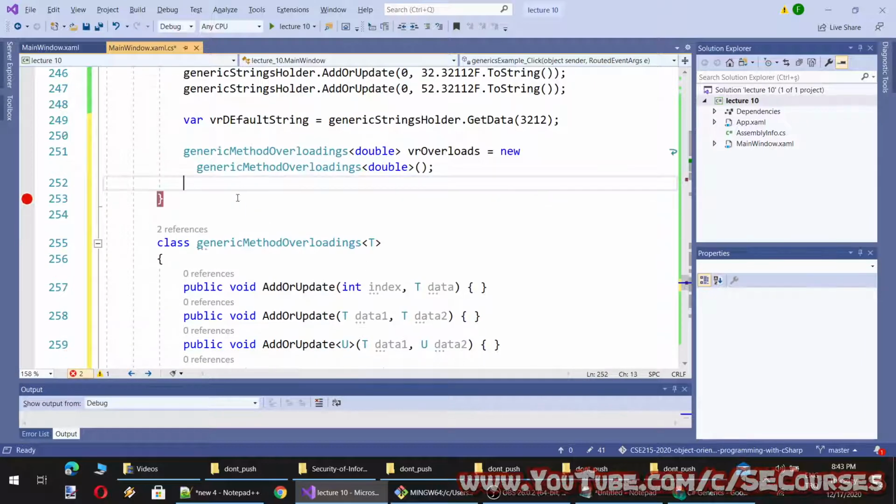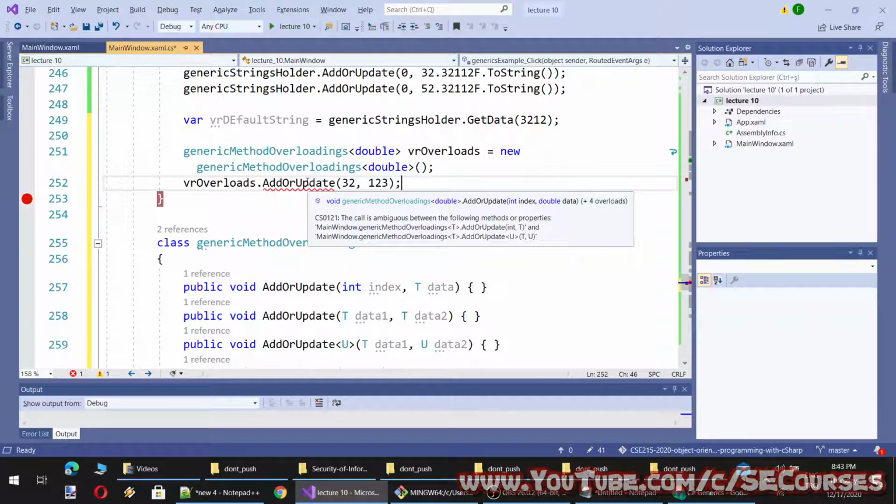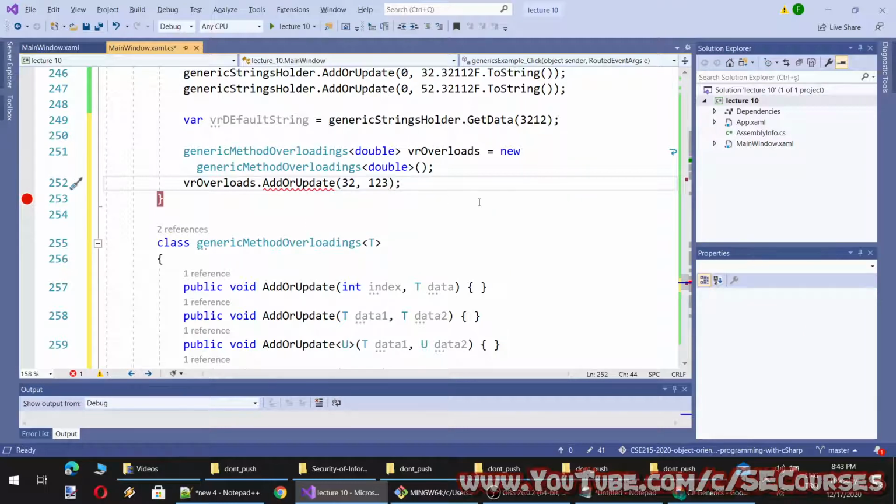Okay, then I can call these methods, for example, add or update. Okay, in this case I am getting an error. Why? Because it says the call is ambiguous between the following methods or properties. It can be both integer and T, or T and U. Therefore, I have to specify it. How can I specify it? I can specify it like this. Okay, this works. Why? Because this is equal to this one.